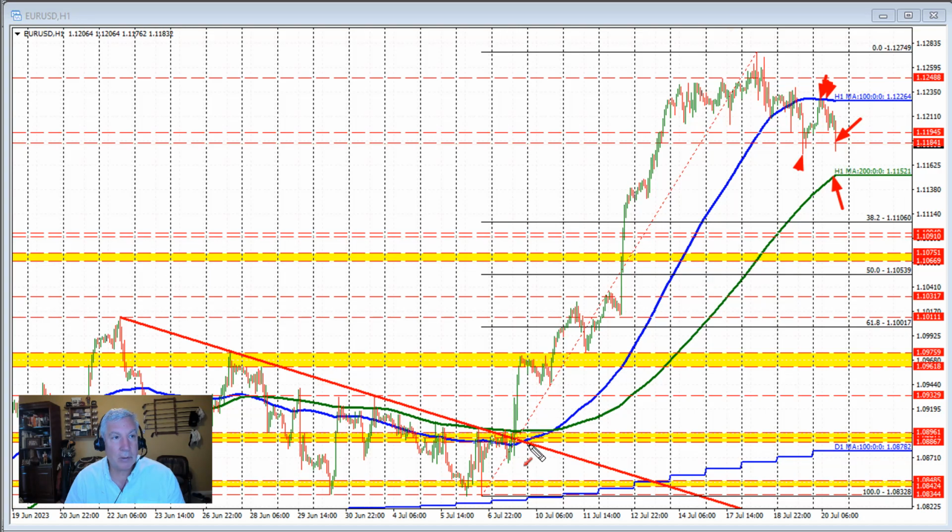here. The price has not traded below the 200-hour moving average since this point right here. That was back on, what is that, July 7th, I guess. I would expect that if the price were to move down toward that level, we should see some support buying,